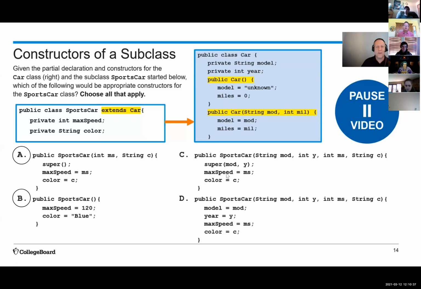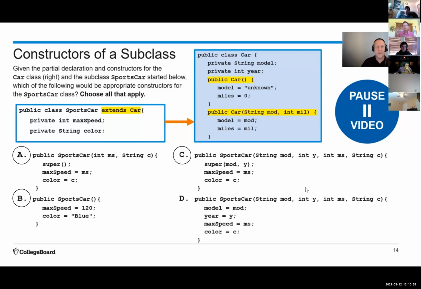Now C, notice we have a super call where we're sending the model and the year up to the parent. C is fine also. So this is, again, another way to do this. You call the parent with some parameters. It sets those parameters. And then when it gets down to when it comes back, it sets max speed and